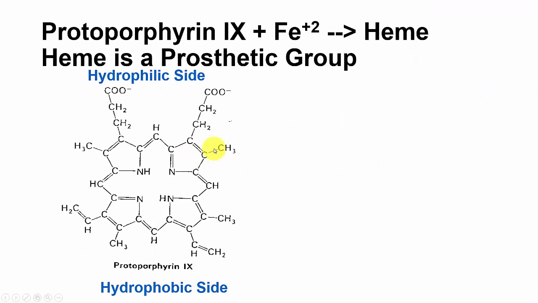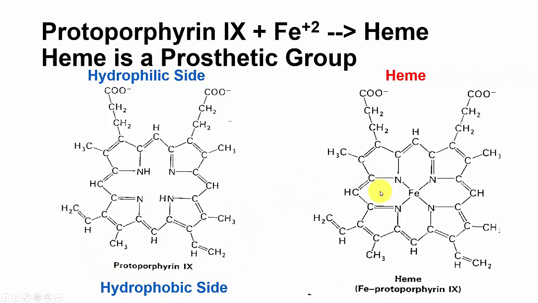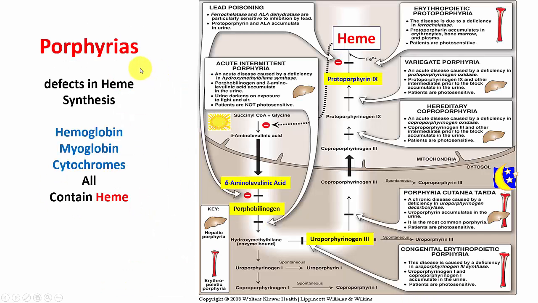So here's the structure of porphyrin 9, and the heme molecule is here with iron, ferrous iron added. It is in the reduced state, Fe+2, and that makes heme. So we take porphyrin 9 plus iron makes heme. And this is the synthesis pathway for